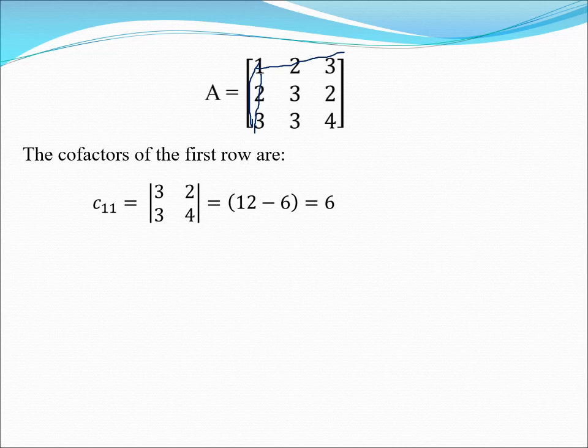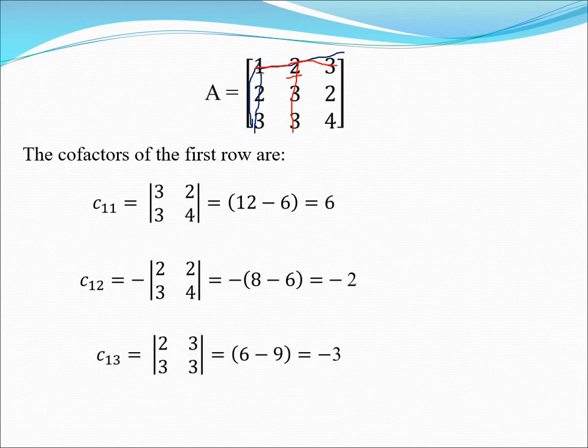Again it is C11, so -1 to the power 1 plus 1, that is 2, so positive. C12: -1 to the power 1 plus 2, that is 3, so negative. This C12 corresponds to the element 2 in the first row, and therefore deleting the column and row of 2, what is left is 2, 2, 3, 4. Solving the determinant of 2, 2, 3, 4, we get the result as -2.